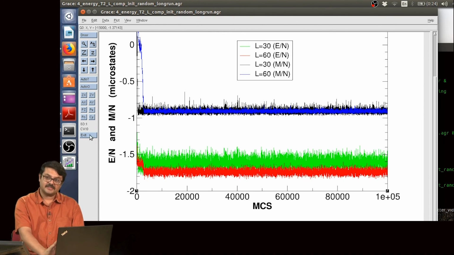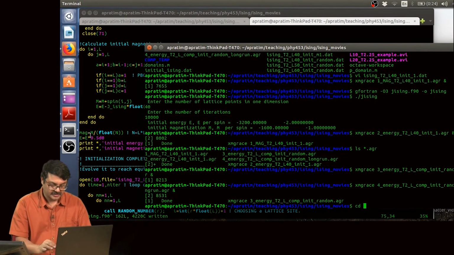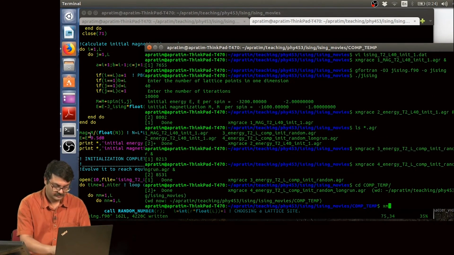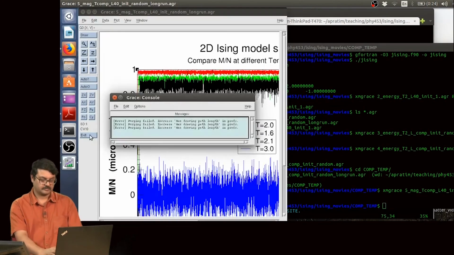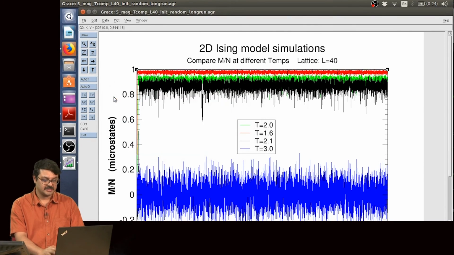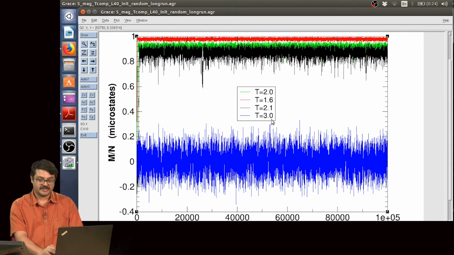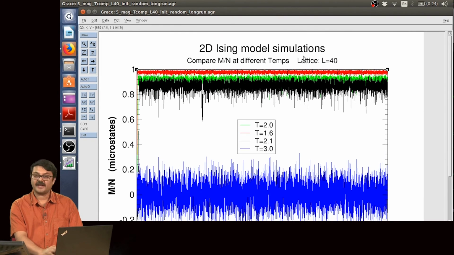But before that, I would just end with showing you the values of magnetization at different temperatures. So, how does it look? I have also plotted that. Again, I always start from random initial conditions. So, basically this is the 2D Ising model where I am plotting the magnetization per spin at different temperatures, right. The box size I have kept fixed at L equal to 40,